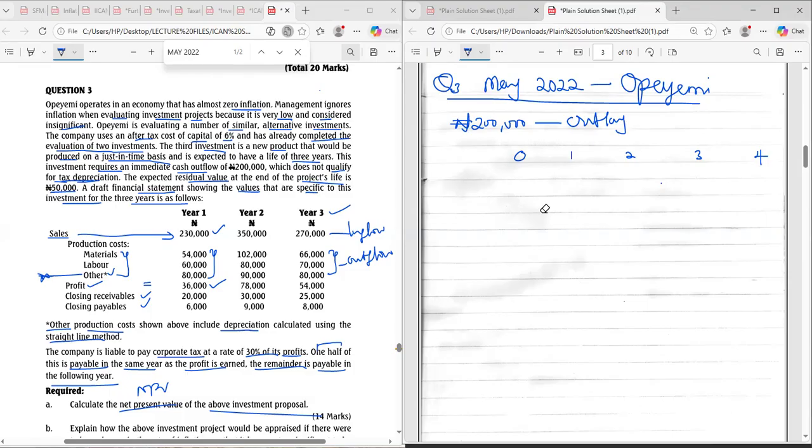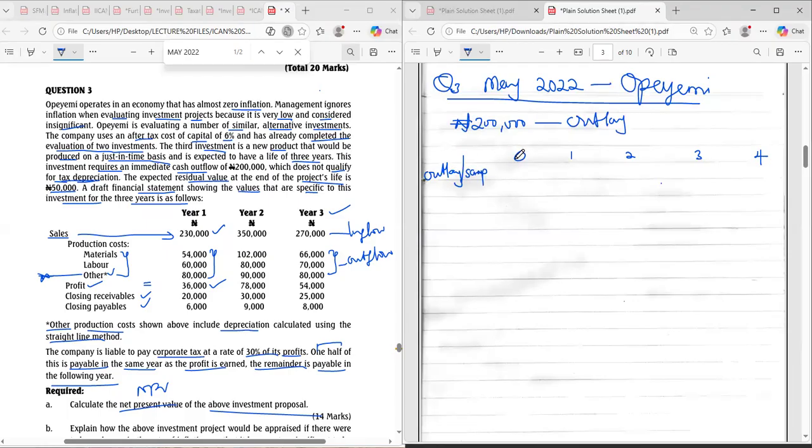Let's solve. What will be the first thing I'm going to include in this solution? Initial outlay. Must I put initial outlay first? I can start with sales. I can start with outlay. It doesn't matter, so I want to be flexible. It's not a must. Do we have resale value in this question? So I can say outlay slash scrap.